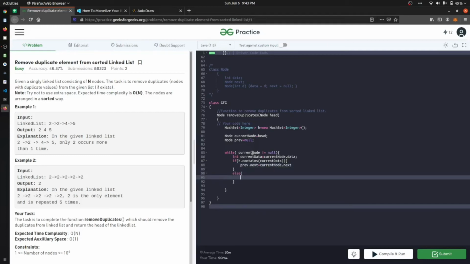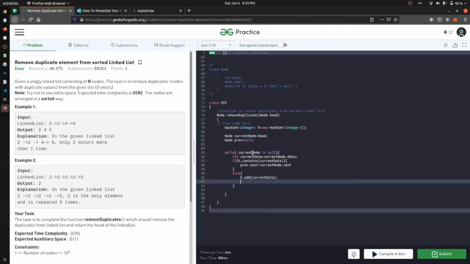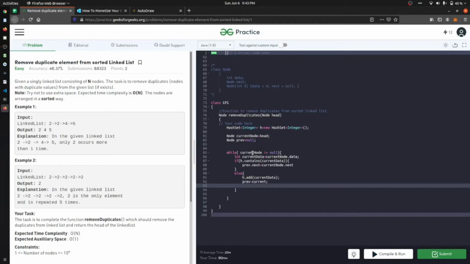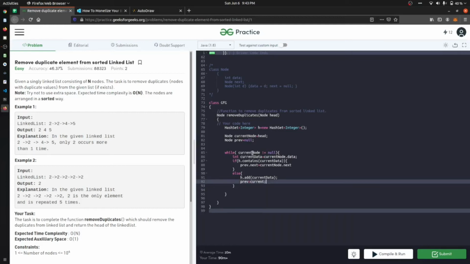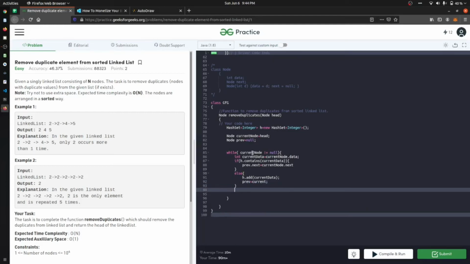And if it's not the case, what we will just do, h.add(current.data), and after that, previous is equal to current.